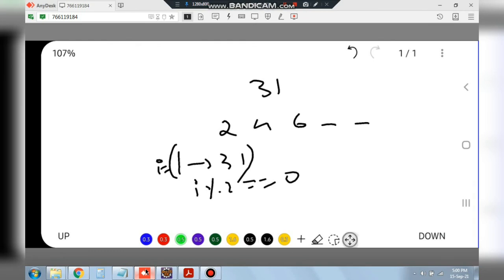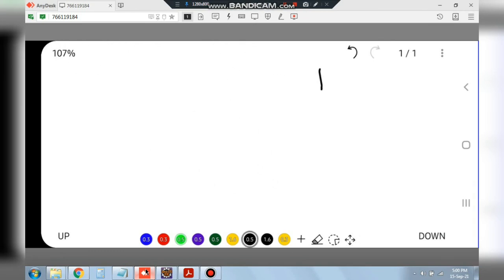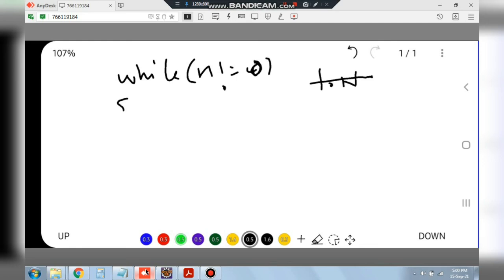So let's see how to approach this problem. First we'll get the input n, which is the number the user enters. We won't use a for loop because we are not taking a count of n; when the user enters 0, we stop the loop. So while n is not equal to 0, we'll have three cases. If n is less than 0, it means it's a negative number, so sum negative, Sn, plus equal to n. And else